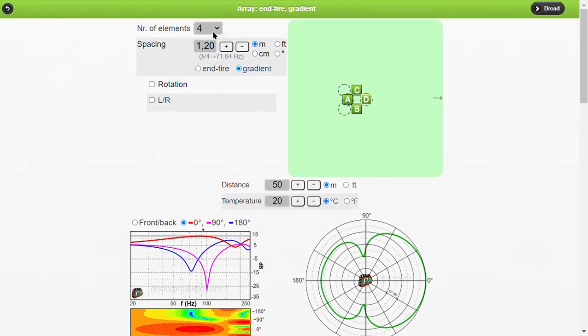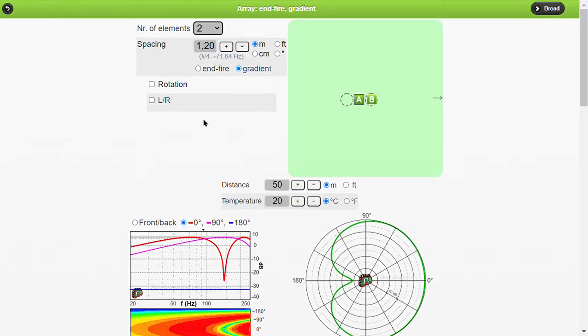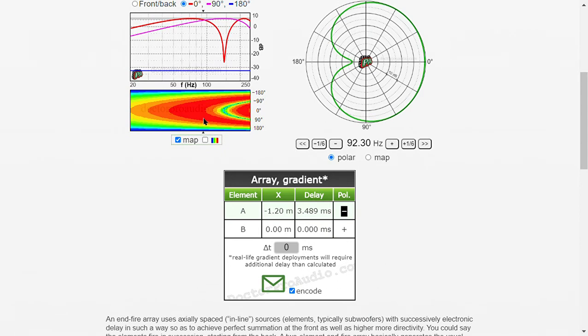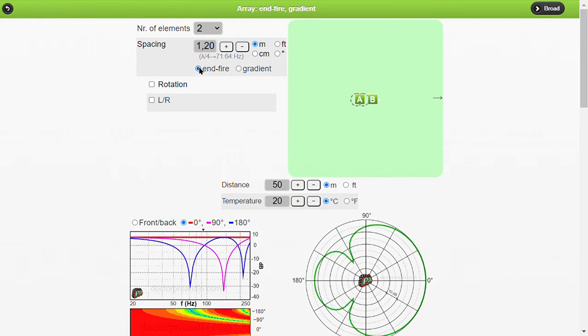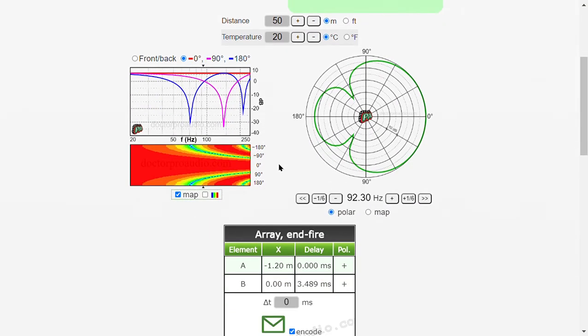So if we now change to a 2-element cardioid, you can see that's a lot wider, but also fairly constant with frequency. If we switch to Empire, then we can see that we have an omnidirectional response at the very low end, and we can see the polar plot here. As we go up in frequency, we start getting some directivity.